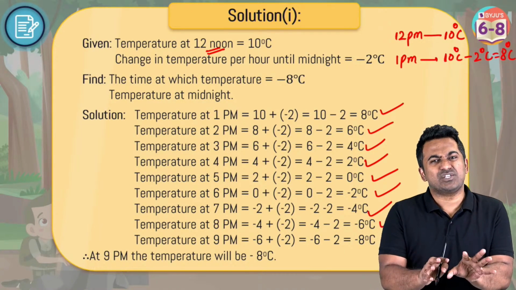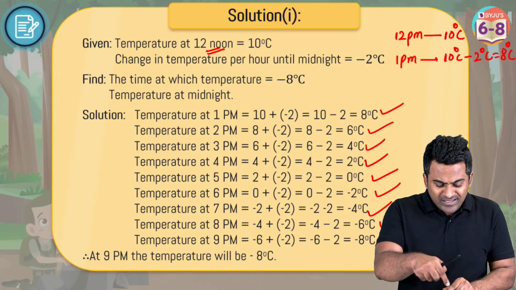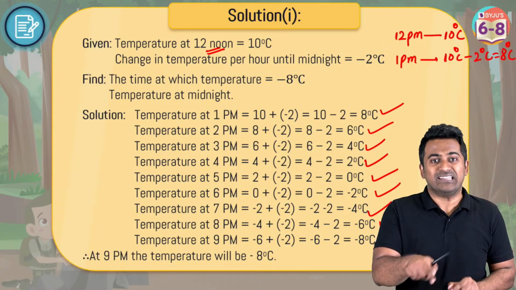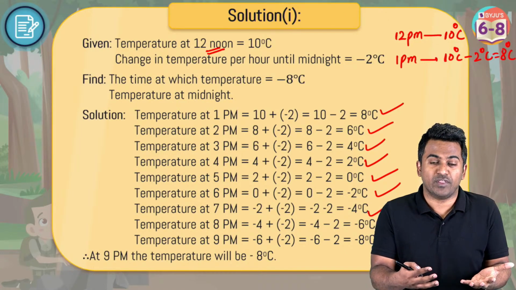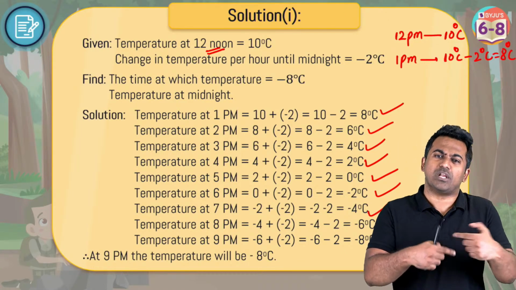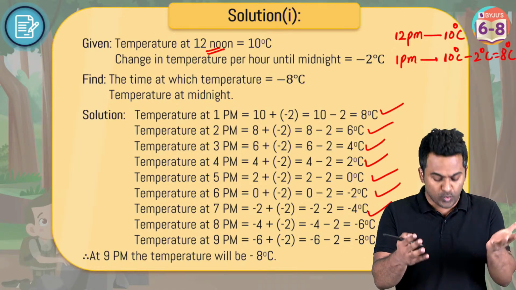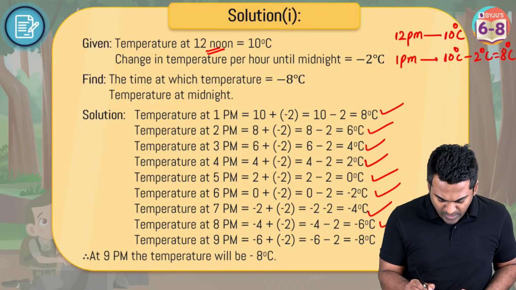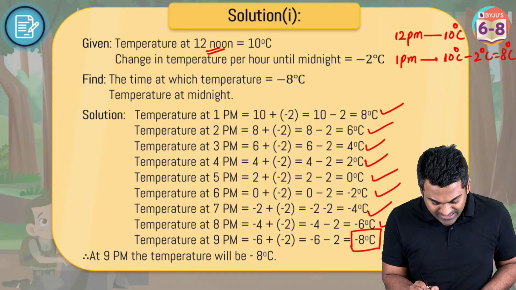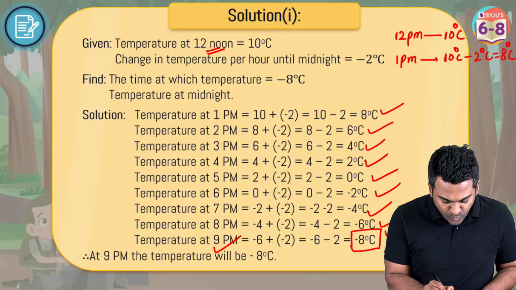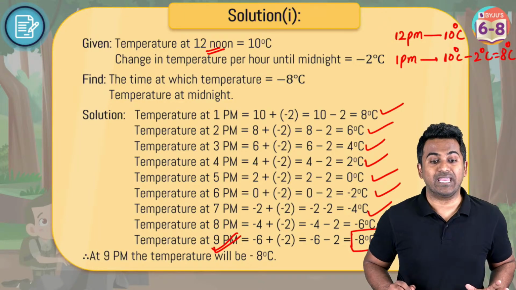Now, my suggestion to you would be to solve the question like this first, because that's when you understand the rigor involved in the problem, and automatically after some time you shall be able to frame the equations on your own. Okay, so this will be what now? So first thing that we had to figure out was when would the temperature be minus 8 degrees centigrade? So it would be at around 9 p.m.